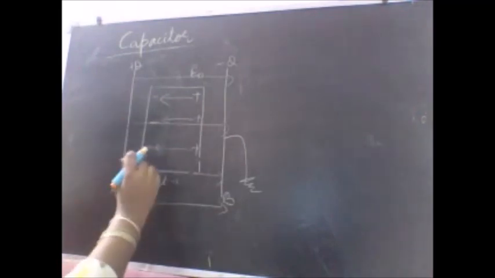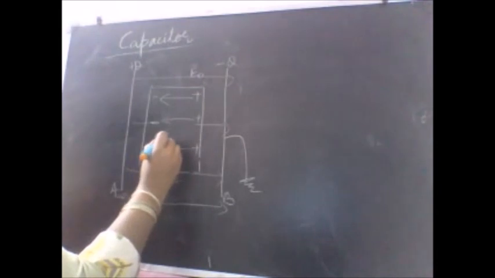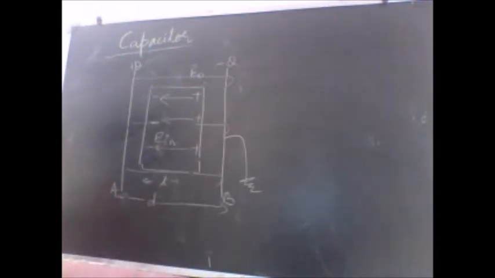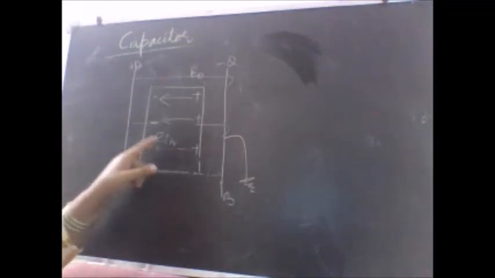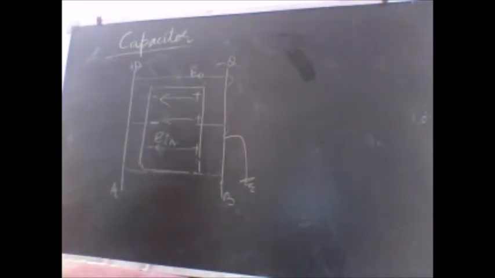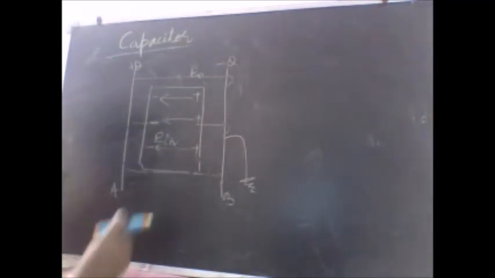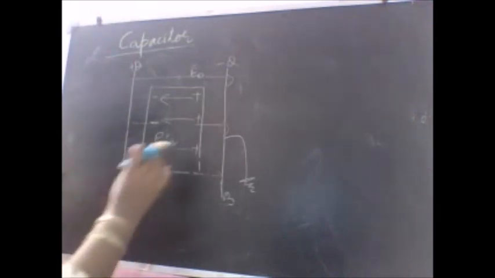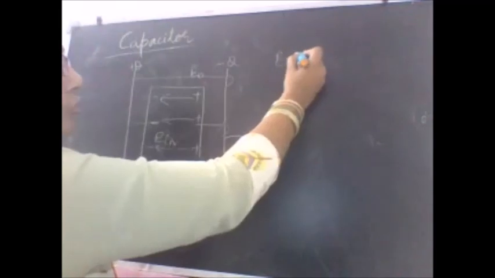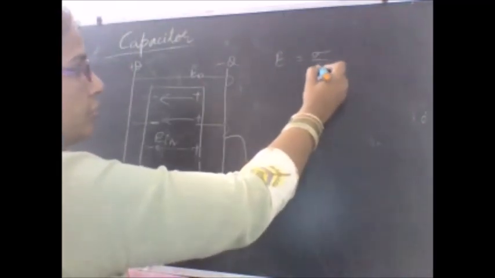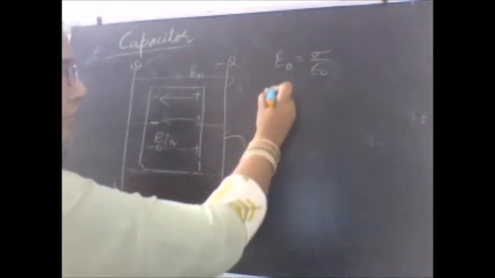I call this electric field E induced. So what is this induced electric field? Isn't this the electric field due to this medium which has the dielectric constant K? And what was the formula for the initial electric field? E original, the electric field that we proved before, is sigma by epsilon naught. This is the original electric field, and we have to find the expression for the induced electric field.